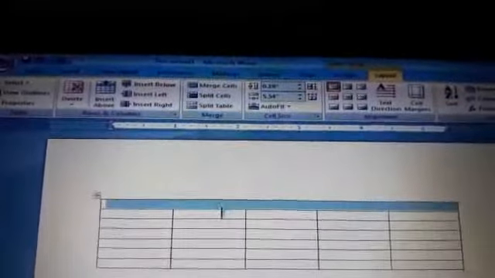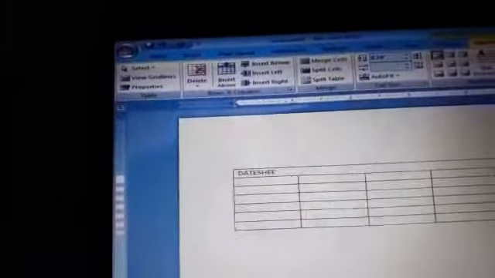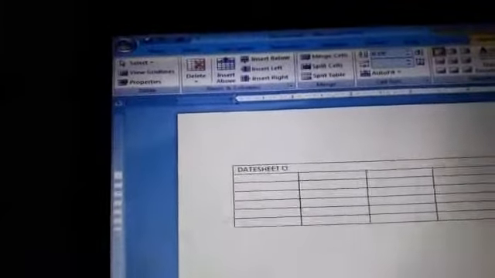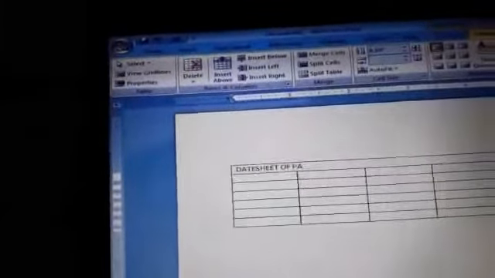See, the first row of the table is merged. Now I will type the title of the table: Date sheet of PA1.